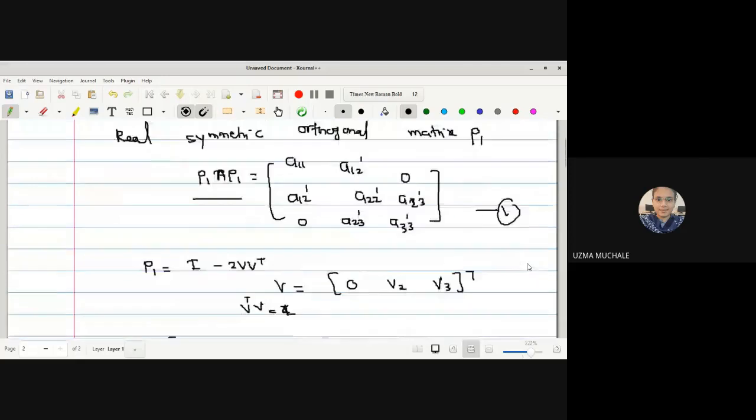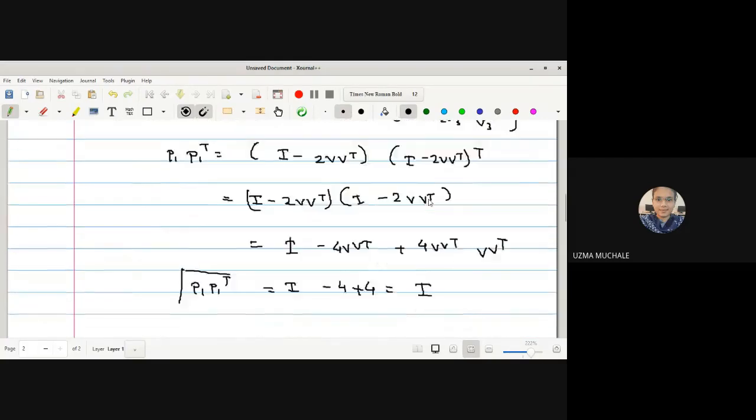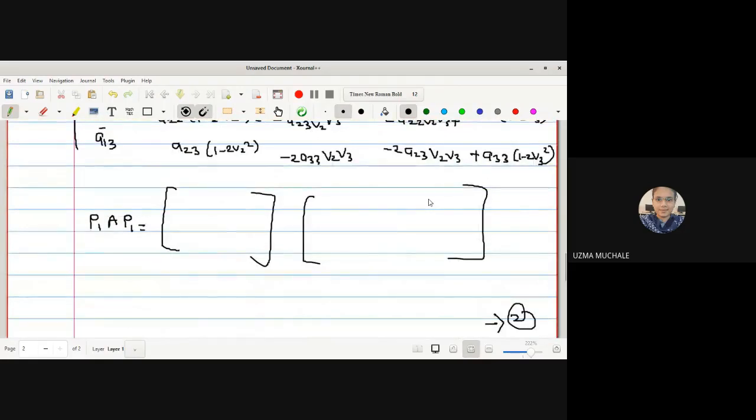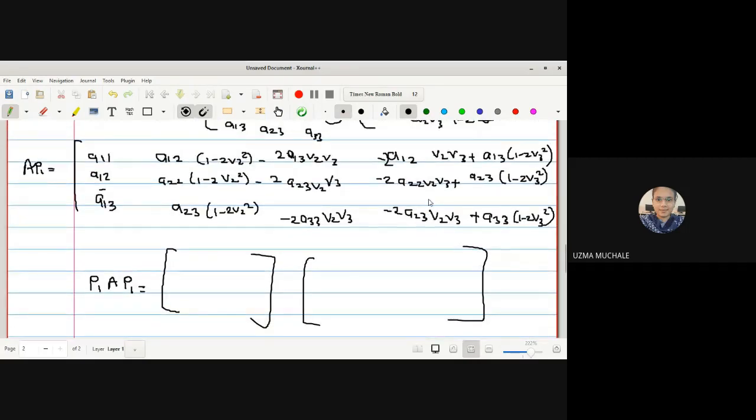What is our equation 1? Our aim is to find a matrix P1 in such a way that P1 A P1 should be equal to this much. So do these calculations. That means you have to multiply P1 with A P1. A P1 I have given you. You have to multiply this and tell me the answer. Do it fast, and then we will find the values of those primes, and then we'll get those formulas, and then we can solve the examples for the Householder method. Do the calculations.